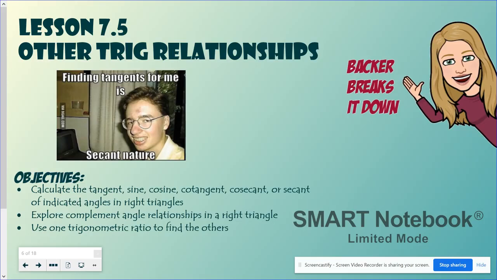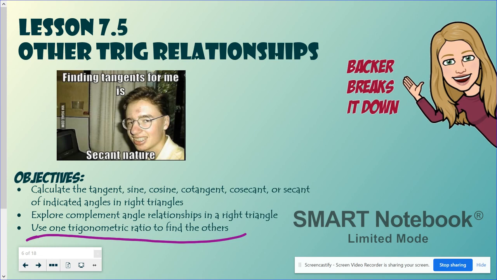This is a special episode, because we're working with other trig relationships here. We're talking about the reciprocal functions of cotangent, cosecant, and secant. And I want to talk about how we can use one of the trig ratios to find the other 5 trig ratios. Think about that. If I told you one of the 6 trig ratios,